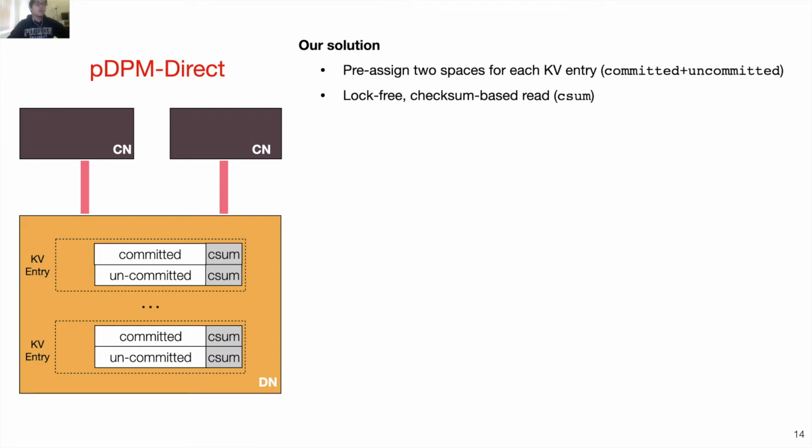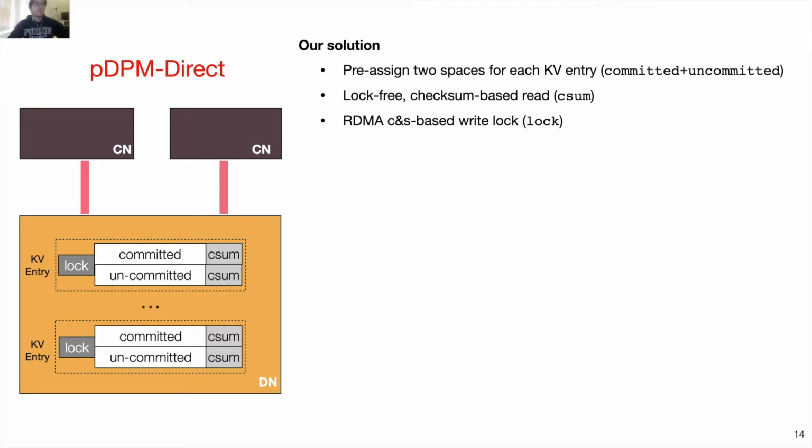In addition, we introduce a lock-free read to ensure reader integrity, with the help of a per-entry checksum. Finally, we introduce an efficient RDMA-based write lock for concurrent writers. These read and write mechanisms require no coordination across CNs, which enables good performance with the PDPN Direct model while